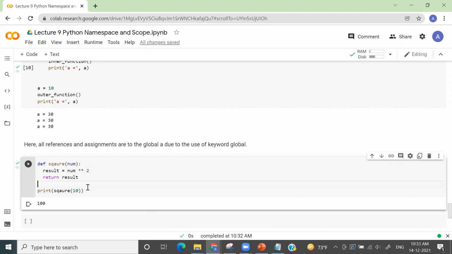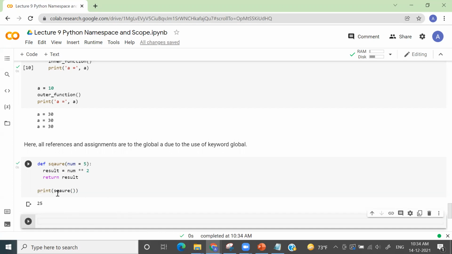Okay. Now let's add a little complication to this. What if my user doesn't know what argument to pass? Here I'm passing 10 as the argument, right? So we can do some default setting here. If I write num equals, let's say, 5, then by default, if the user doesn't give any input to this function, it will take num equal to 5 and do its job.